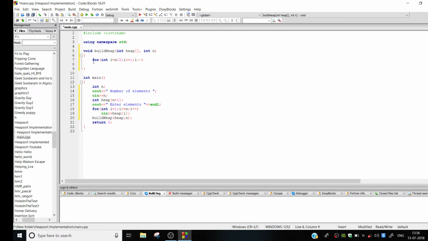Buildheap will use a function called maxheapify.